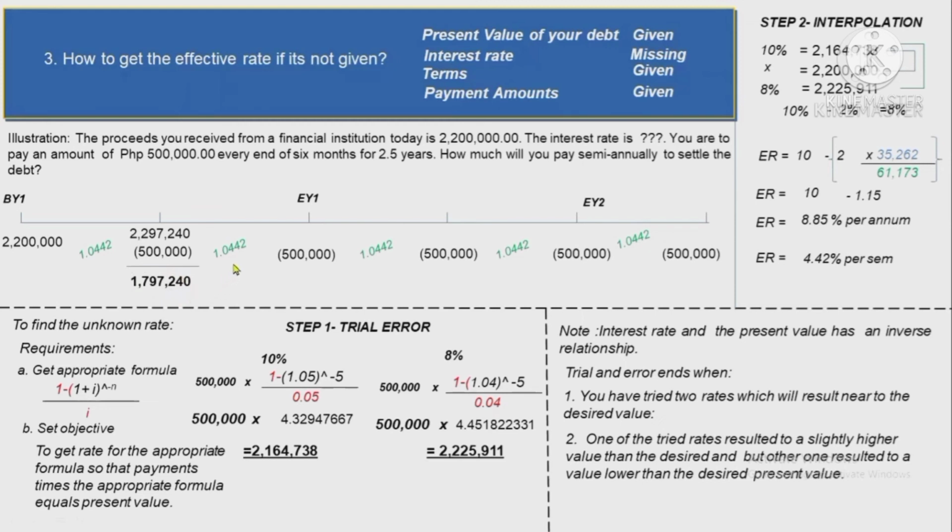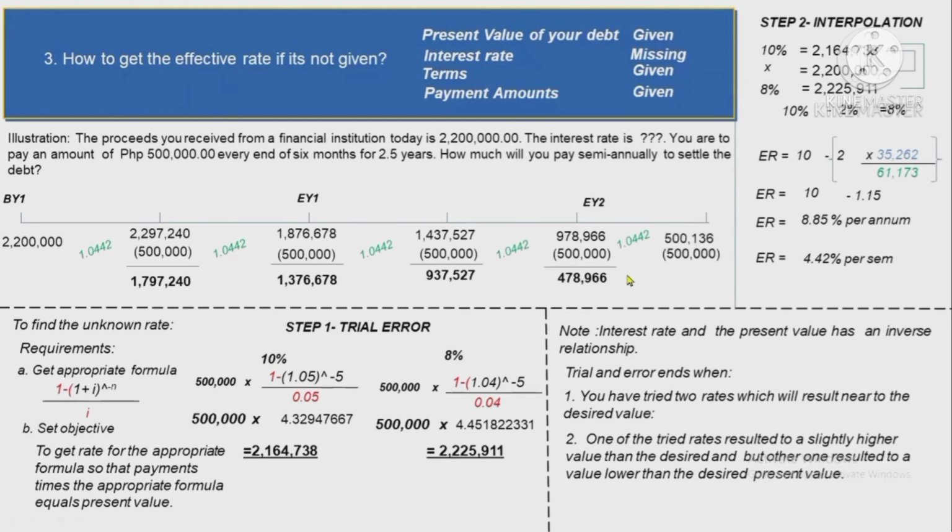Now you multiply that again with 1.0442, that gives 1,876,678 minus 500,000, we have 1,376,678 times 1.0442 again, then you are gonna have 1,437,527 minus 500,000, that is 937,527 times 1.0442 again, then you're gonna have 978,966 minus your fourth payment, we have 478,966 times 1.0442, you will